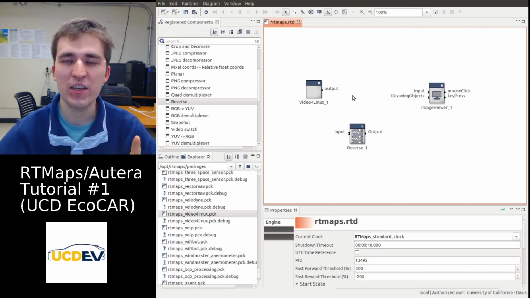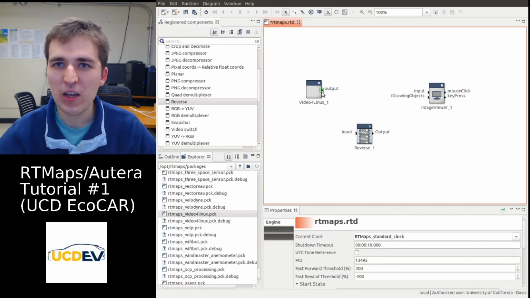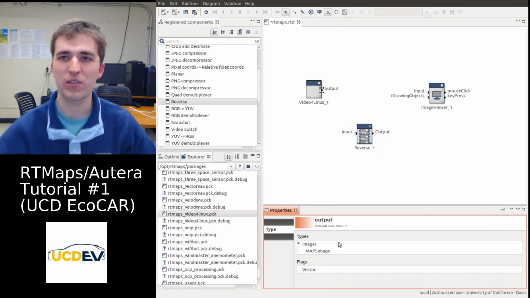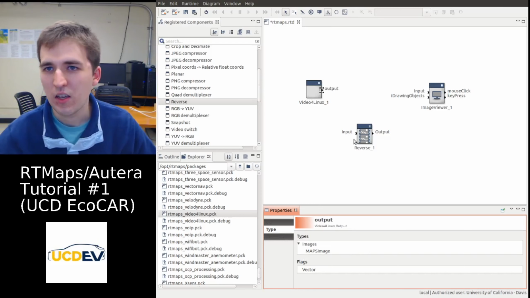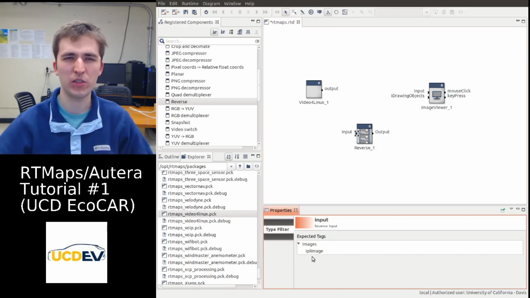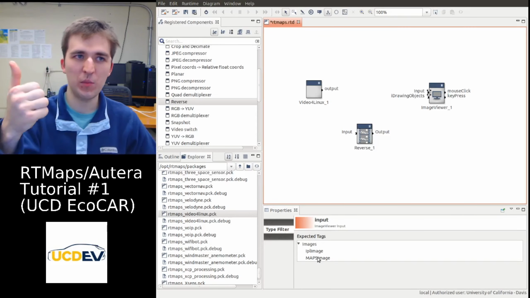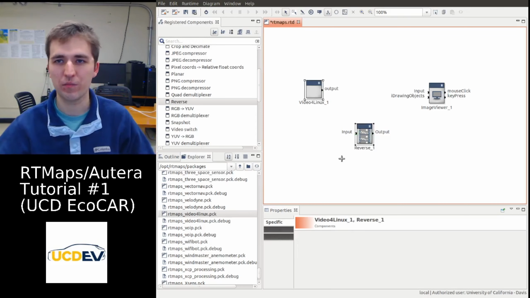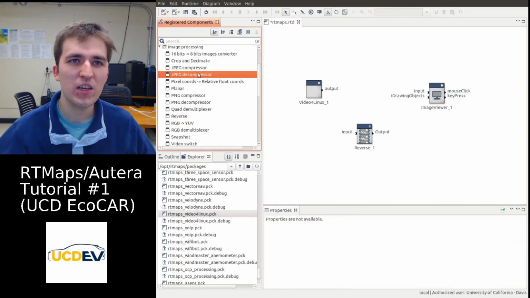And what's happened here is inconsistent type. If you click on any output and you go in this type tab, you'll see what type it is, and that's a data format. In this case, it says maps image. And if you click on this one, what type is it looking for? It's looking for IPL image. And the image viewer can take IPL image and maps image, which explained why it hooked up to both, but these ones wouldn't hook up to each other. So it took me a long time to figure that out, but what you need is a JPEG